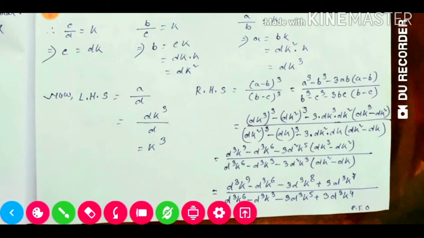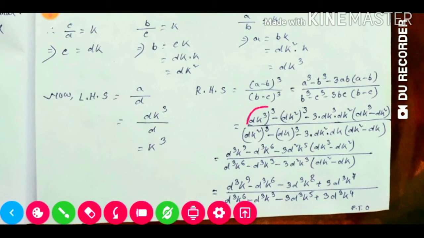So B value is equal to dk square, and cube there, so whole cube. Same as 3 into A value this one and B value here, and A value here and B value here. From here we got this one, all values we put here. Down also same like this we are putting these values. Then we'll take out this one from the bracket, so we'll multiply this one.